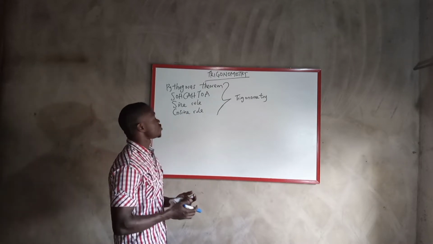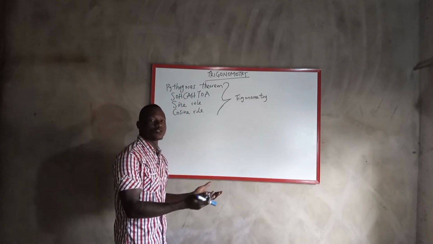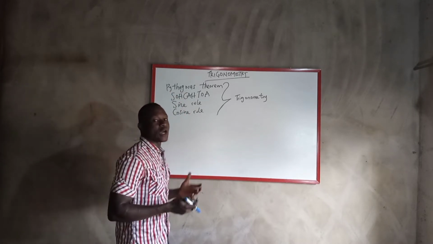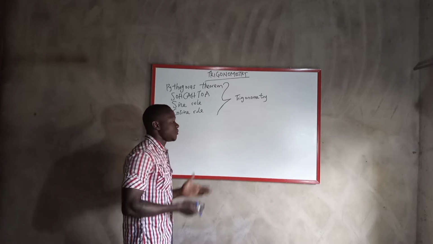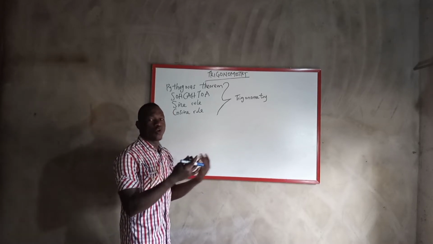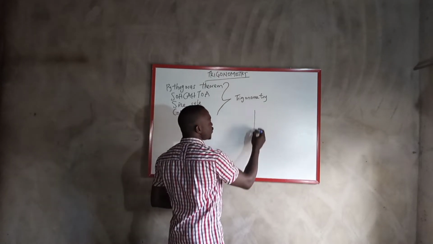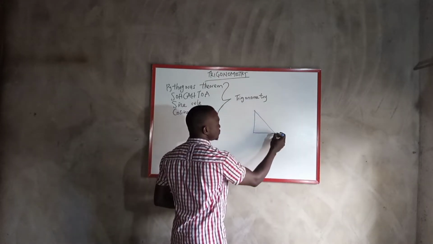In our last class, we studied trigonometry and we discussed Pythagoras theorem, and we saw how it was applied and why Pythagoras theorem was applied to that particular question. Now, what if the question has two unknown sides? What if the triangle has two unknown sides? Remember, we said for a right angle triangle,